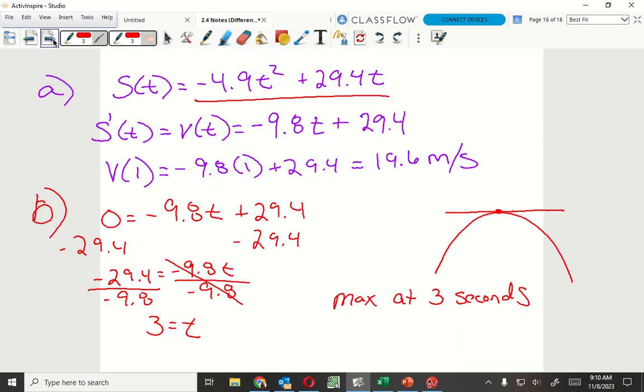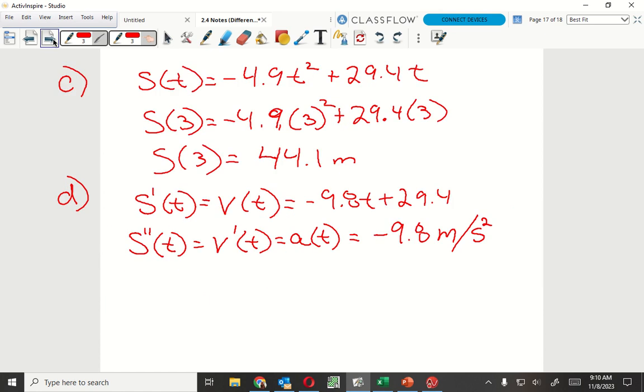So I know that the velocity at 6 seconds is what I'm trying to find. The formula for the velocity, v of t, was negative 9.8t plus 29.4. So velocity, when it goes splat,